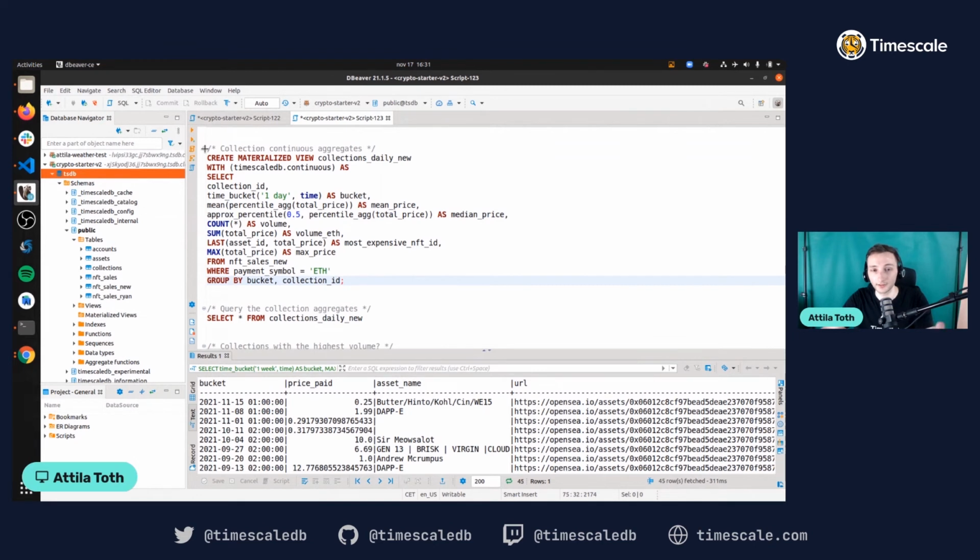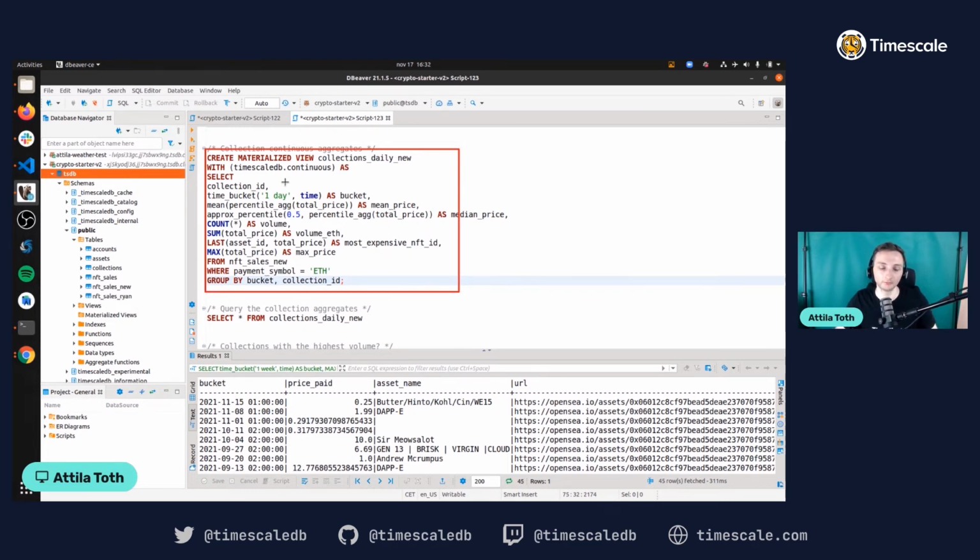As you were able to see on the slide, we use create materialized view. In this example, it's going to be called collections daily new, and we are selecting collection ID. We are creating a 1 day time bucket,